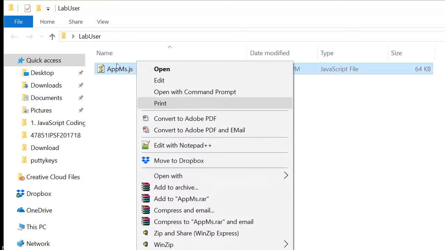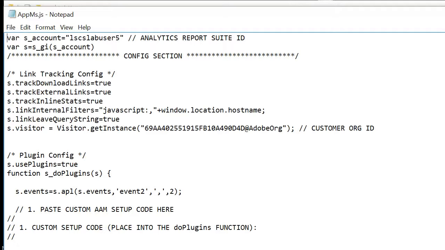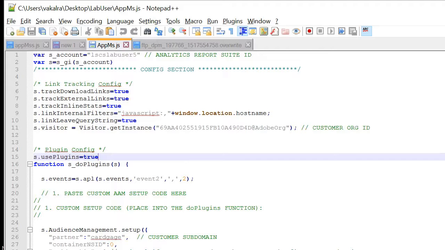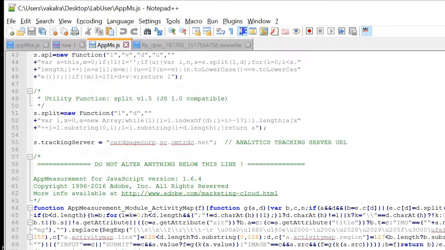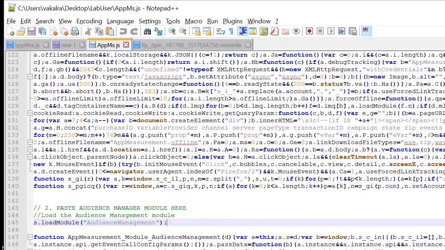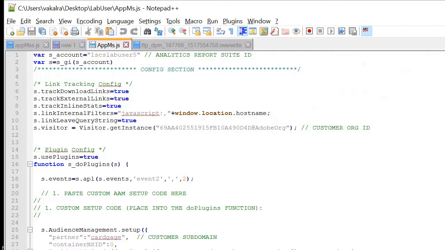I'll show you the file that I have made already. So let me open it in this. So if I go here, from here I can see the first library is AppMeasurement code, and then we have got the audience management module, and in the beginning I have got some custom code. So the very first part is the report suite ID. Let me change that to my current report suite, that is LSCS Lab User 6,